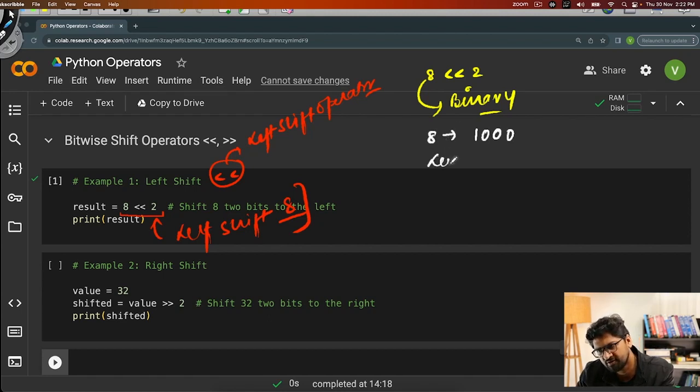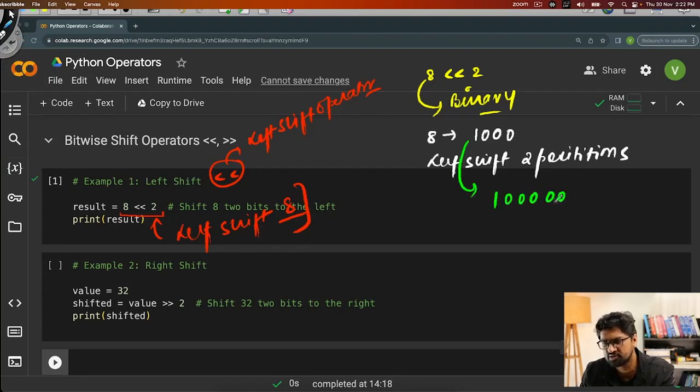When I left shift 2 positions, what happens is that this 1000, when I left shift it by 2 positions, moves left one, two positions. So this is what it gets transformed to.